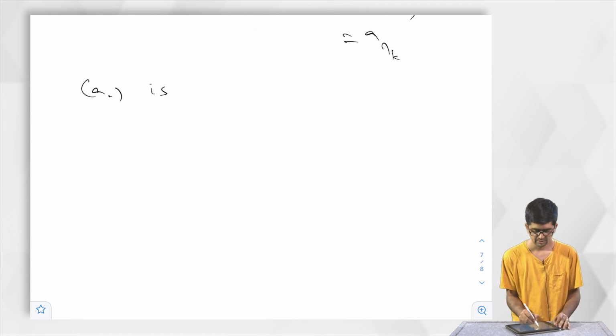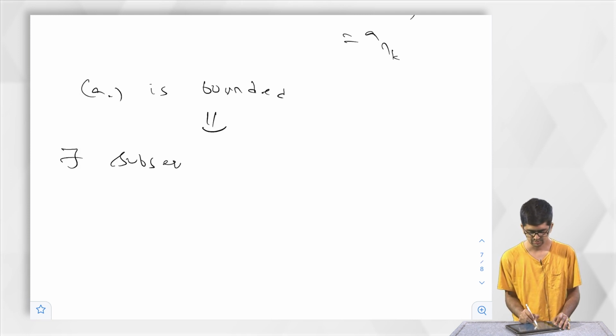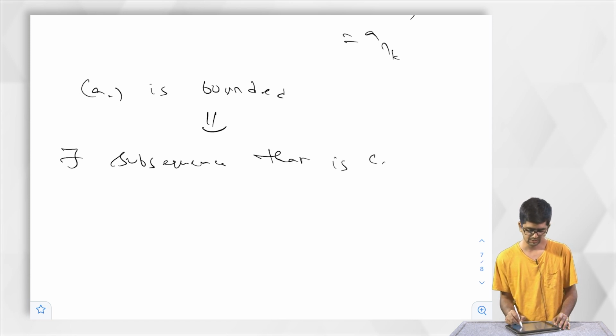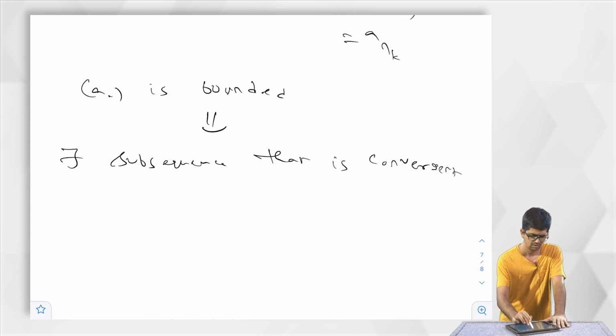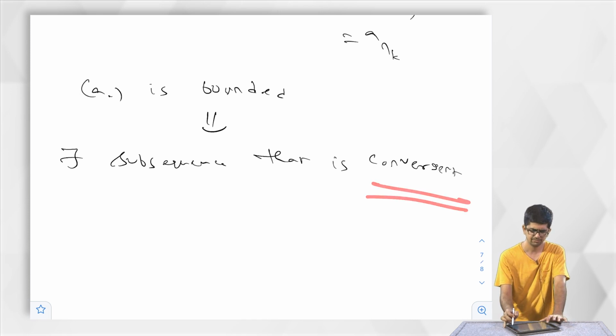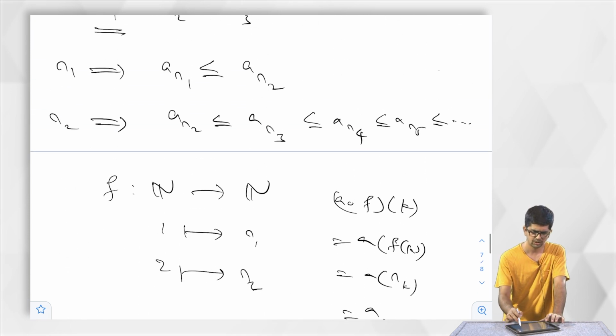So a_n is bounded implies there exists a subsequence that is convergent. Where did the convergence situation come from? I only proved that it is increasing, right?